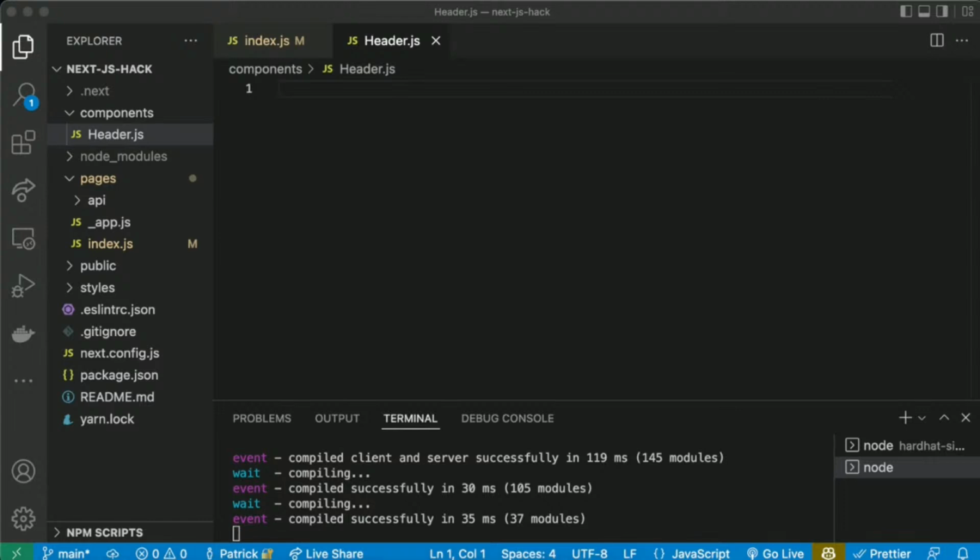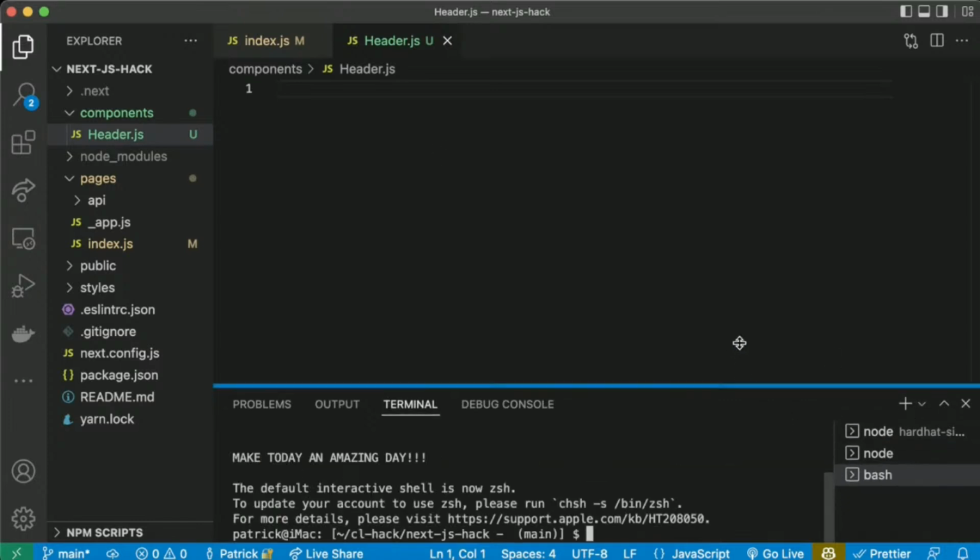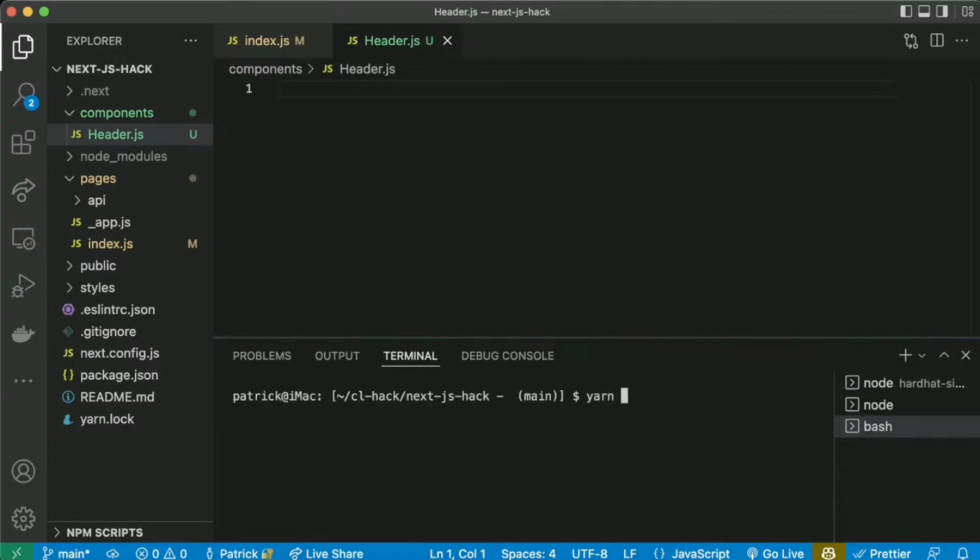What we can do is in a new terminal, we're going to do yarn add moralis, react-moralis, and web3uikit. We probably could just do web3uikit because that comes baked with moralis and react-moralis.